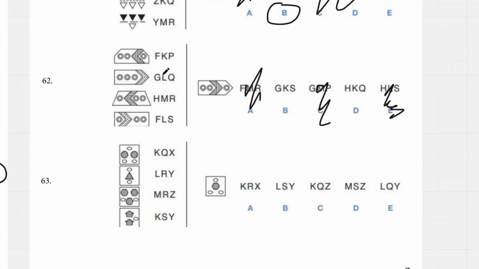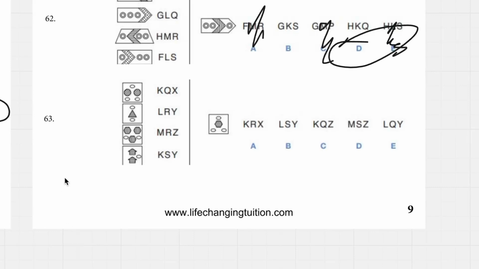It's going to be a K, L, and L. Oh, these are similar. L and L, we dealt with that, and then P, Q, R, S. If it's the pentagon, looks like it has to be Q on the end, so it's going to get D. And then 63,